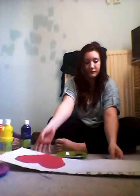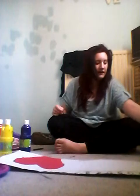Now you must be careful not to go donk on your carpet unless you're prepared to have a really messy carpet when you're finished, because it has the paint on the bottom. So there it is. Don't know if you can see that. It's pretty cool, huh? So now I'm going to get a different plate,